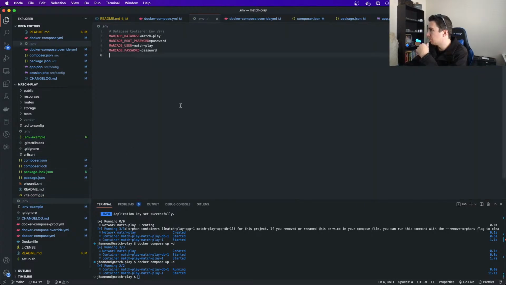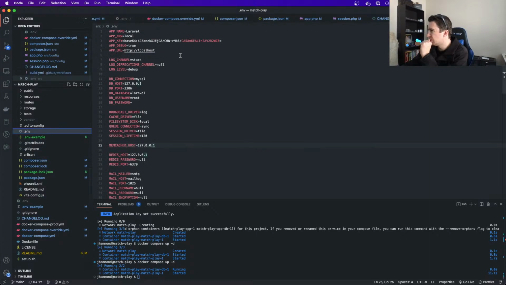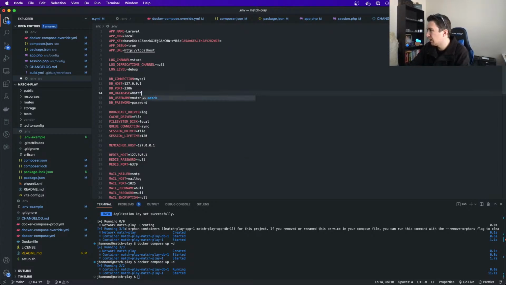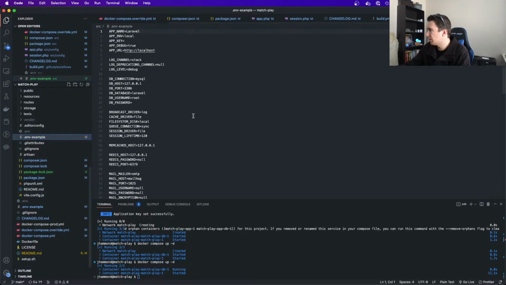Double check the env file. That's fine. This has the key set. We don't have this. That shouldn't matter. Match play. We should at least get an error.